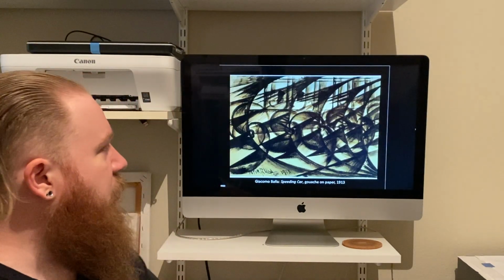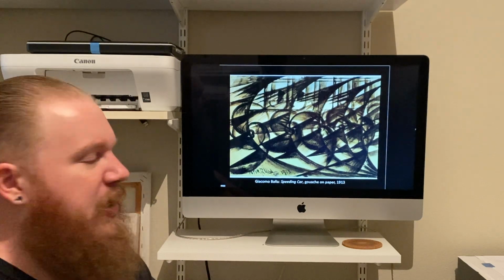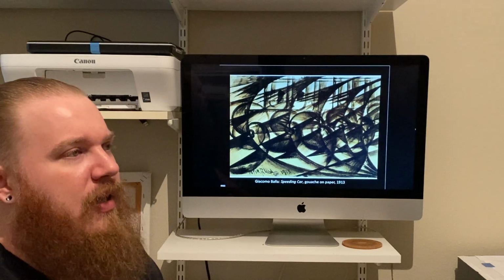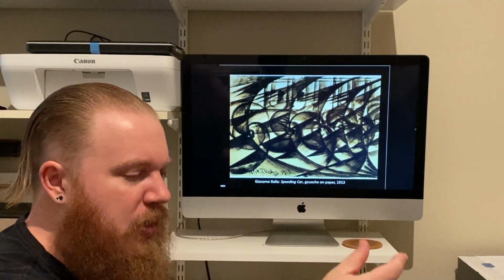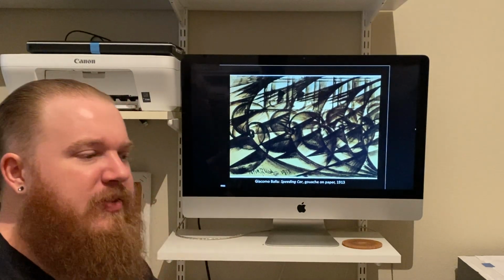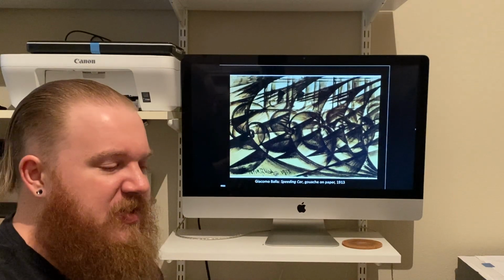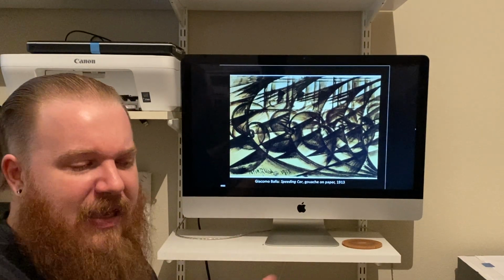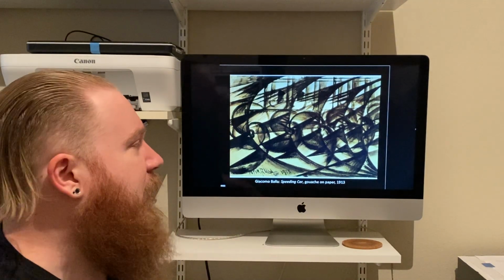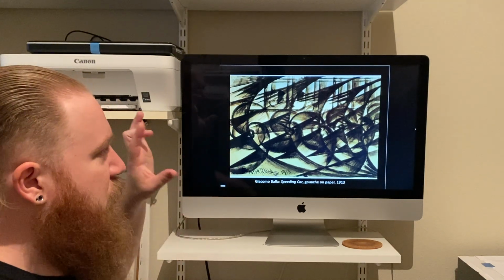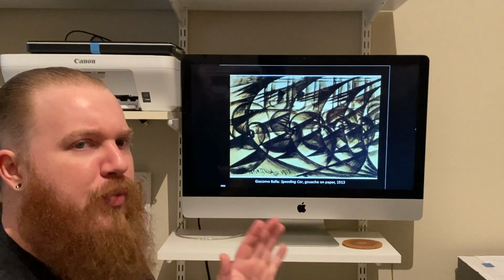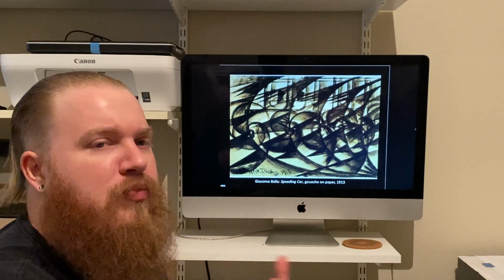Now here we can see just another example by Giacomo Balla. This is the Speeding Car. But once again, it echoes that idea of simultaneity of vision, and that our perception of movement is captured in film by still shots in rapid succession, but playing those back at speed allows us the illusion of movement. So in this sense, we're also trying to capture in a two-dimensional image the act of movement without trying to recreate the actual movement itself.